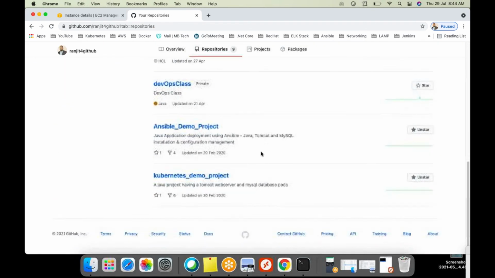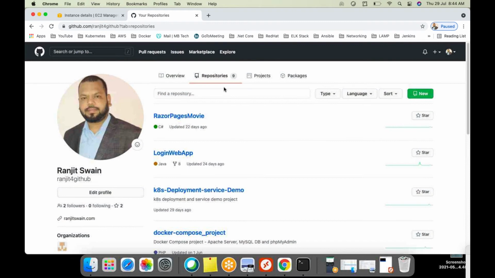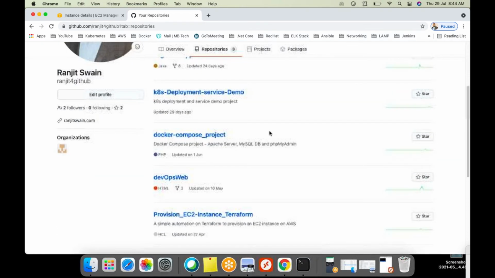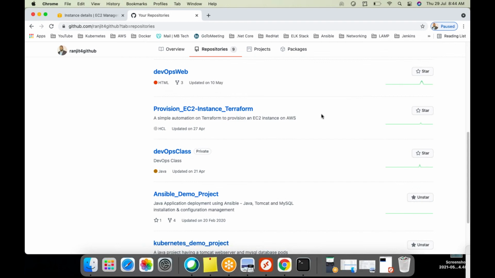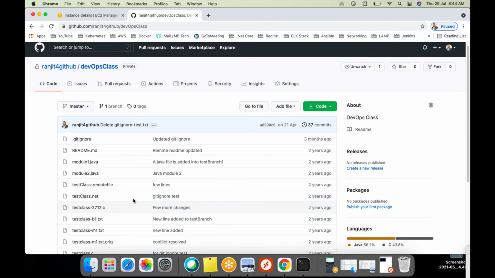Now our point is we have to store all this into a remote repository. So how can we store it? Before storing into the remote repository, you should have a remote repository created. That's why I was telling you to create one remote repository. So I have already created one, suppose, this remote repository. And if you want to see